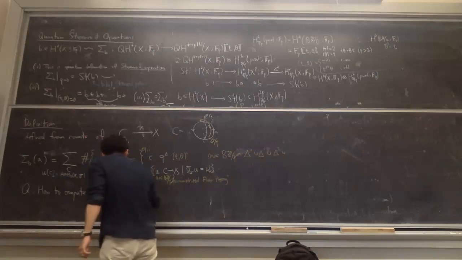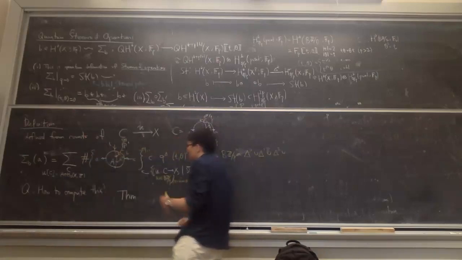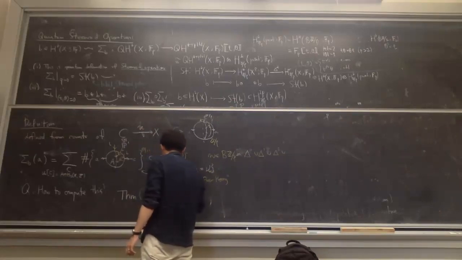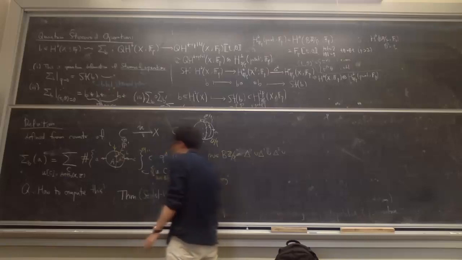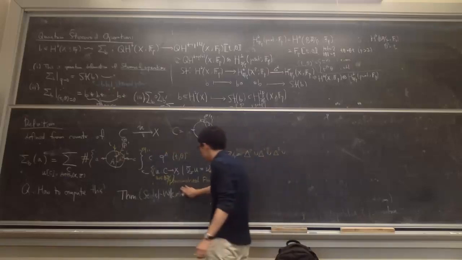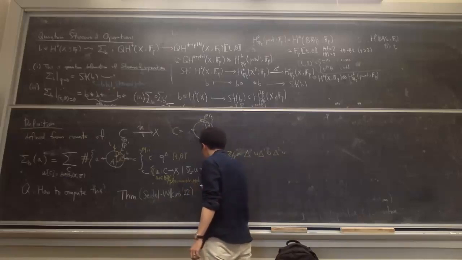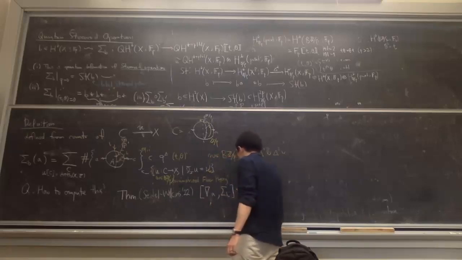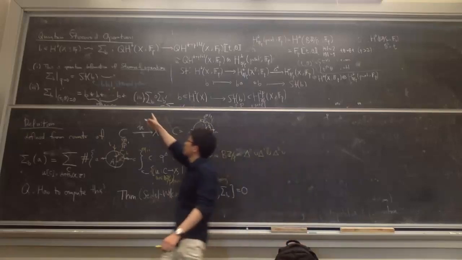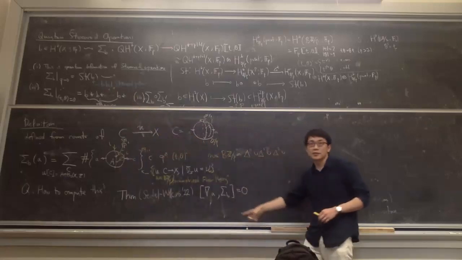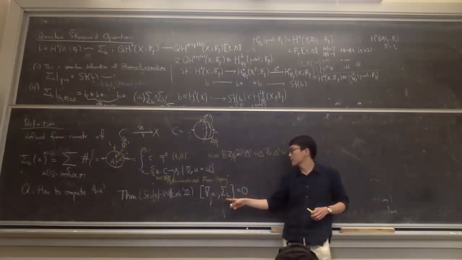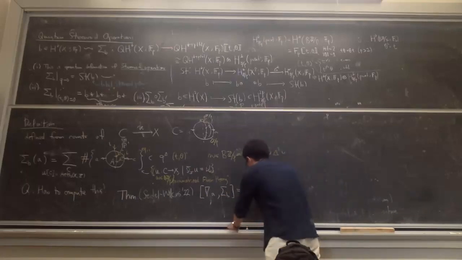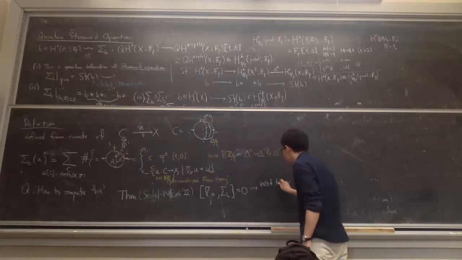Now a crucial thing that allows some partial computation of these operations is the following compatibility relation of these operations with the quantum connection. Another important property of these quantum Steenrod operations is that they commute with the quantum connection in positive characteristic. And this can be used to compute